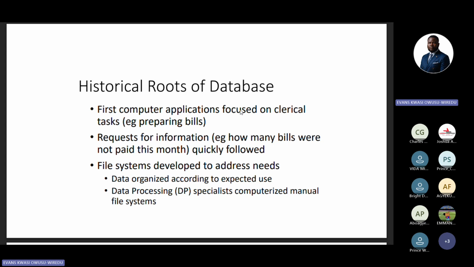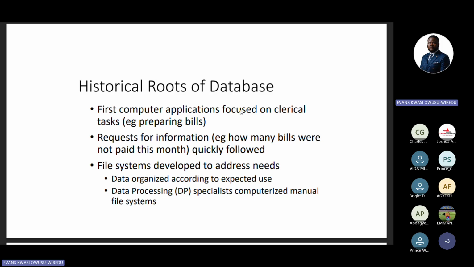Unlike the recent ones, where you can fetch data from the HR department and from the sales department, all in one. You see, it is the same system, but we are sitting on different computers, using the same system, right? And we are accessing the same data. So in this modern world, this is how data keeping has evolved. But in the beginning, it was focused on specific areas, right? So if you want to prepare bills, there's a specific field that you can get the data from, right?